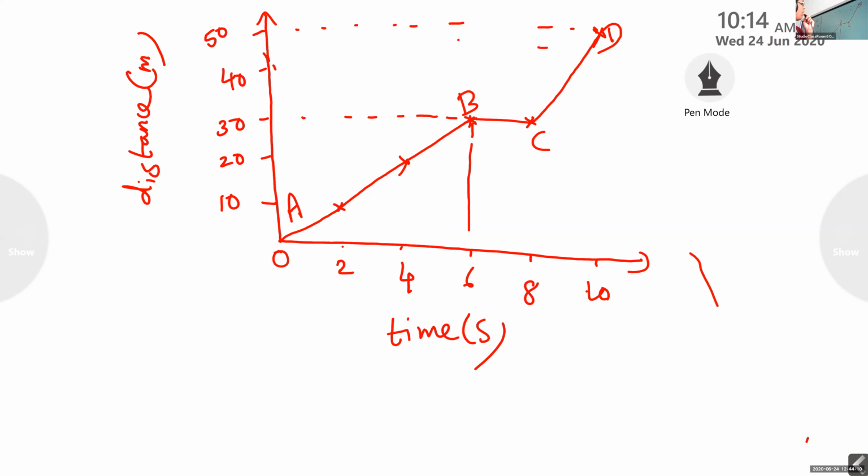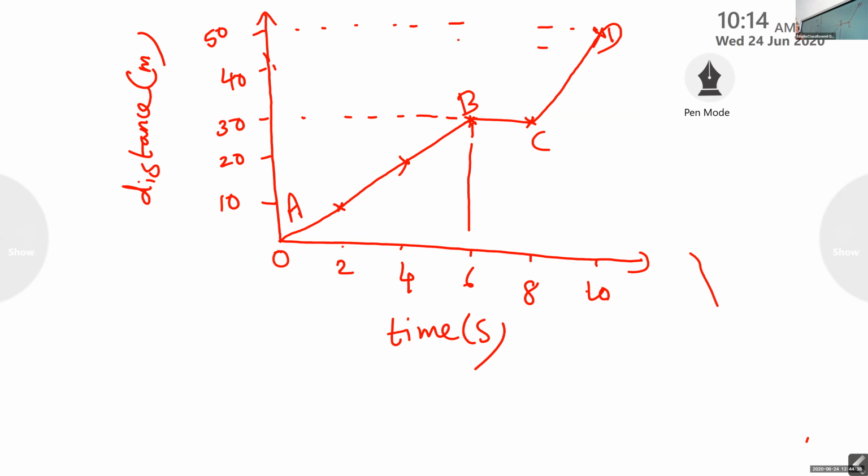Okay. Eva, can you give me fast? What's the definition of velocity? What do you mean by the term velocity? Give me the answer fast. Total distance divided by total time, or change in distance in unit time. So that's the formula. Therefore, our velocity is, what is the initial distance?